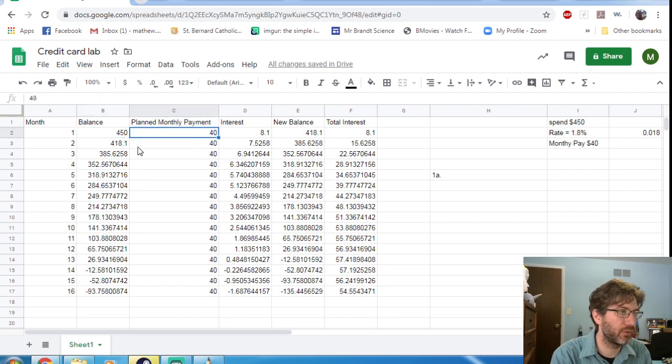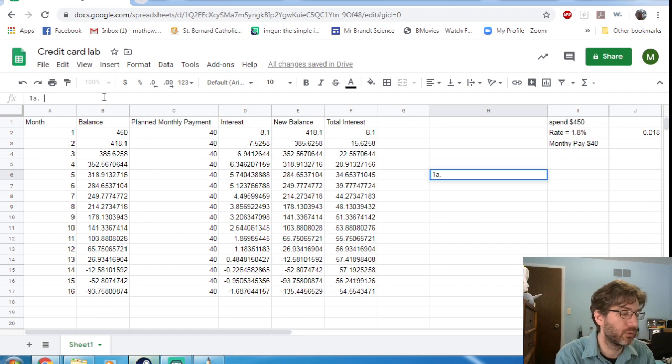Well, that's 450, that's 40, that's 418, that's 40, that's bigger than 40, bigger than 40, bigger than 40, and so on, until it's less than 40. What month is that? That is the 13th month. So 1A is equal to month 13. Right? And then we can do 1B